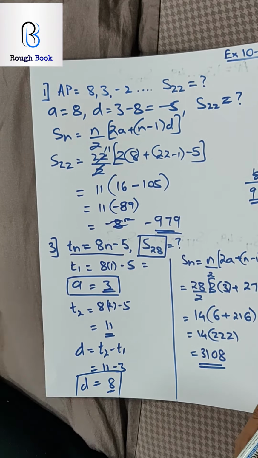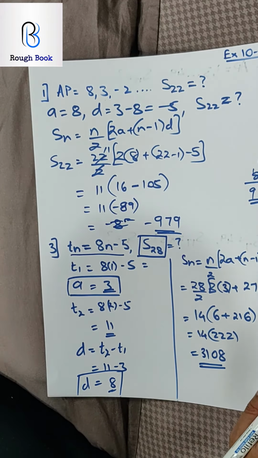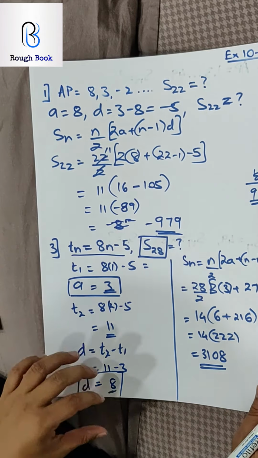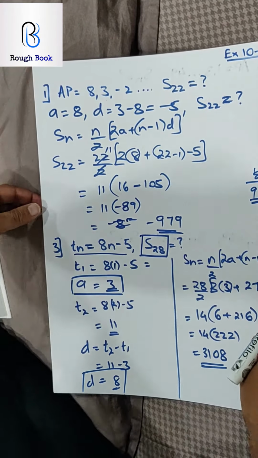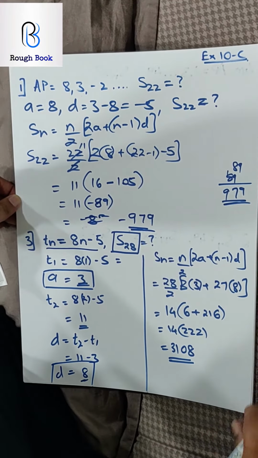How many managed to get the same answer? Is it simple? Will you be able to manage the next question? I want you to try sum number 4 part 1. Read the question on your own. See what you understand, and then I will help you. Come on, go ahead, try it.